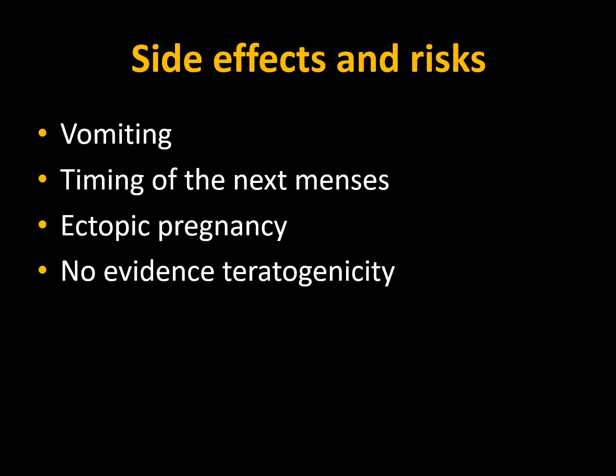Side effects of progestogen-only emergency contraception include vomiting, and if this happens within 1 to 2 hours of taking the dose, then this should be repeated. The timing of the next menses can be difficult to tell, and this is why we usually tell women to observe their next cycle. We don't know when the next one will be.